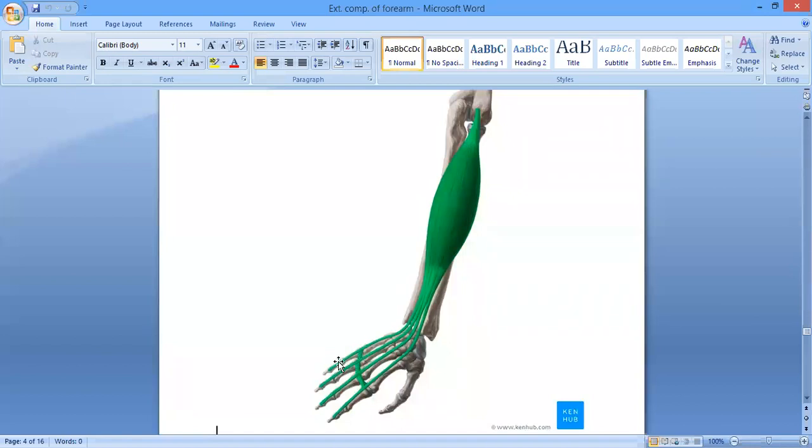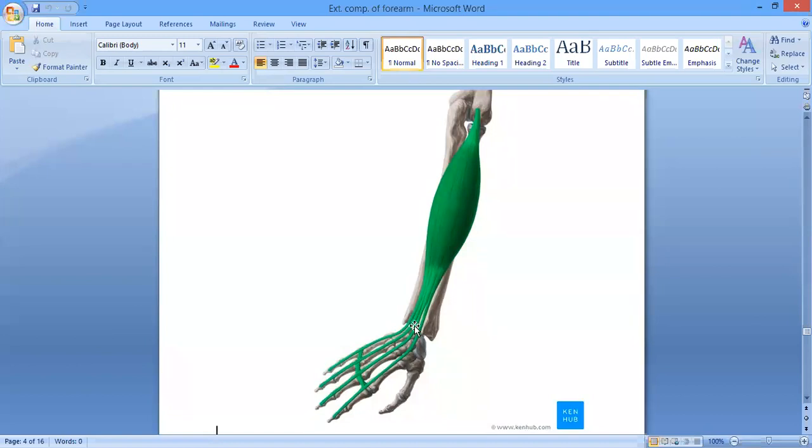How? Okay, we will see its whole pathway, right? The muscle forms one tendon, and it is going to divide into four tendons. These tendons pass along with the extensor indicis through which compartment? Of the extensor retinaculum, which compartment will it pass through? The extensor digitorum and extensor indicis pass through the fourth compartment.